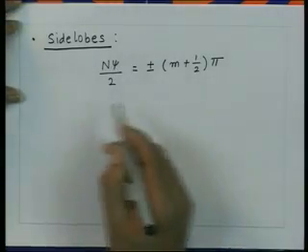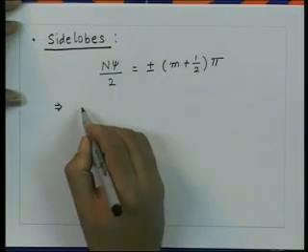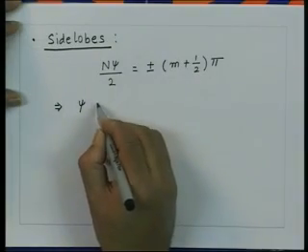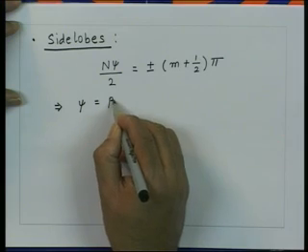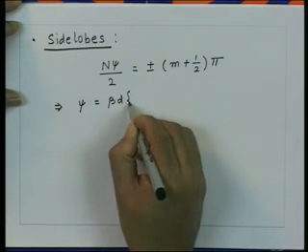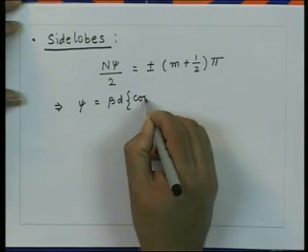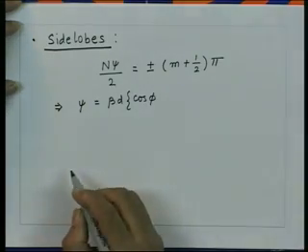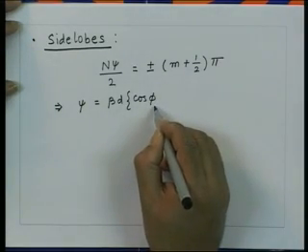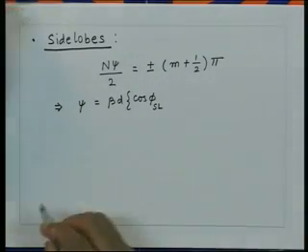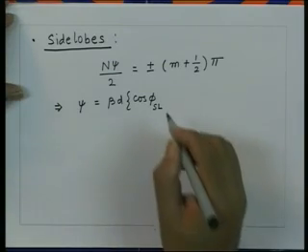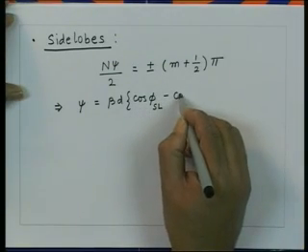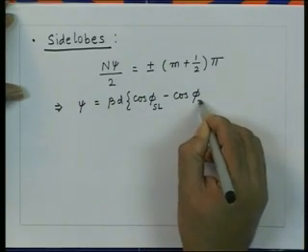So, we can get from here psi, which is equal to beta d into cosine of phi, and let us call these directions SL representing the side lobes, minus cosine of phi maximum,